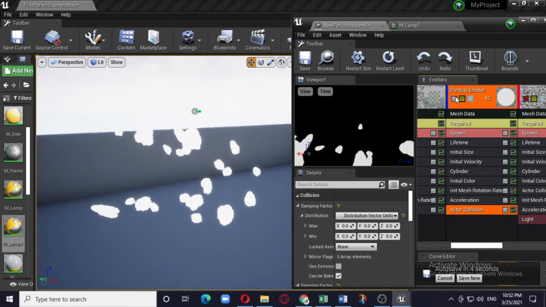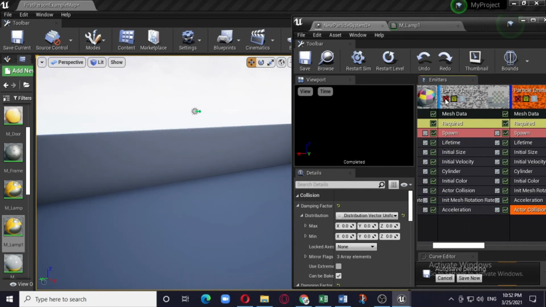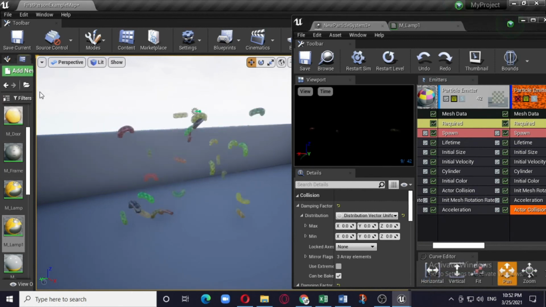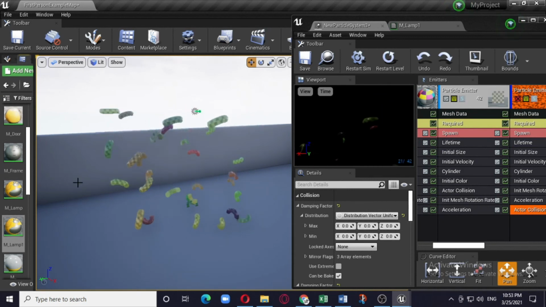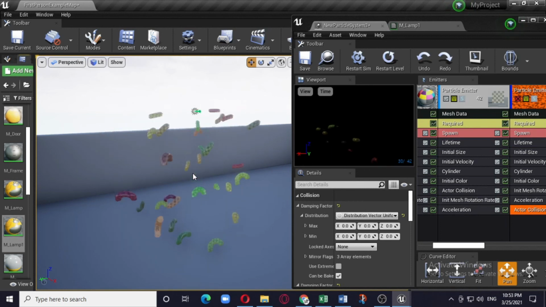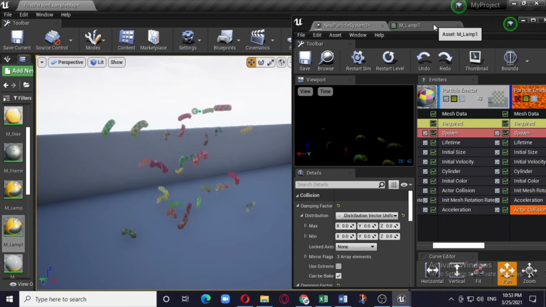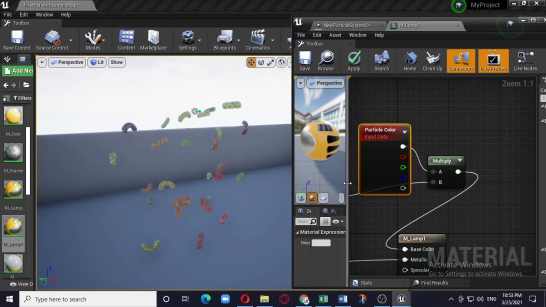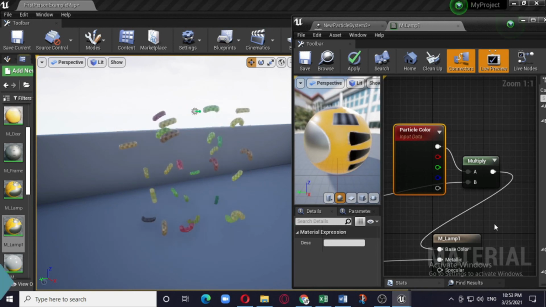Okay, then let us go to the next example, which was some sort of small pipes that I have selected from my starter contents, and all I have done is some changing, and I have added this particle color out there. Yes, I forgot to mention, in the material, there are a couple of things which require hold on.